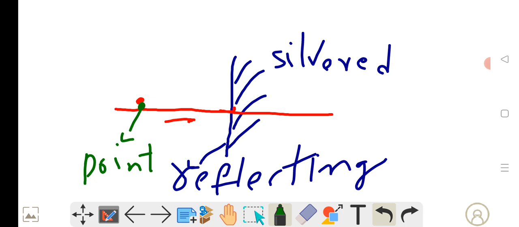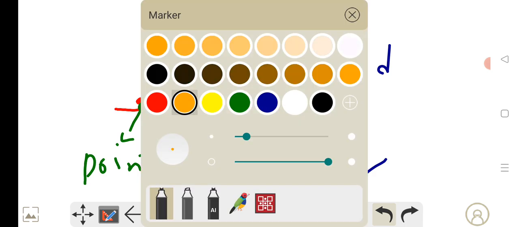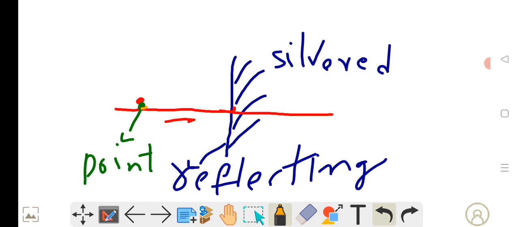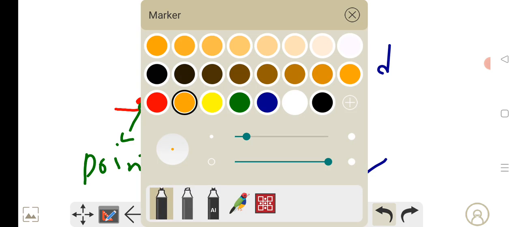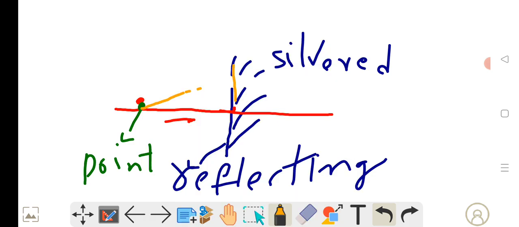Now consider an incident ray which is falling on the mirror from the object. Now from the laws of reflection, what do you know? You have to take a mirror, and wherever the ray is falling, there you have to draw the normal, isn't it? So when you draw the normal, you will get your reflected ray, means where you have to draw